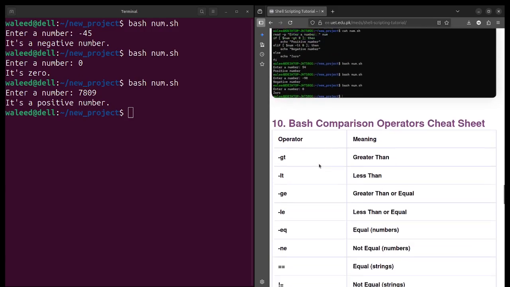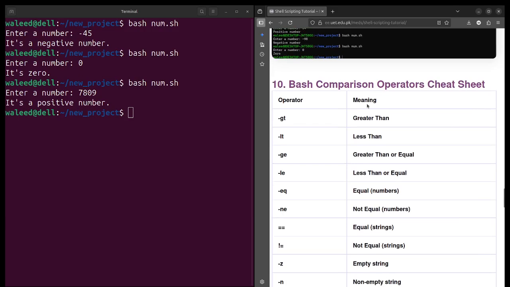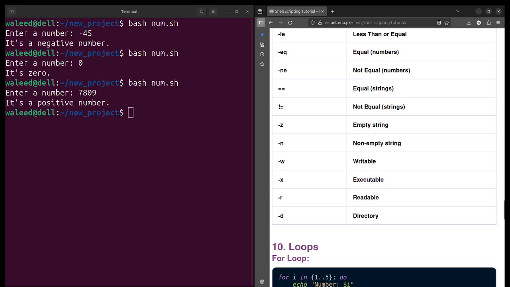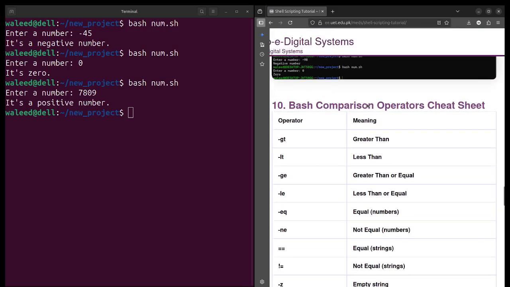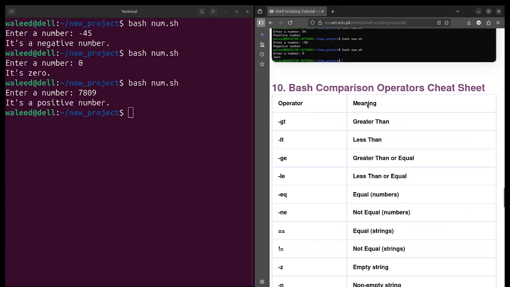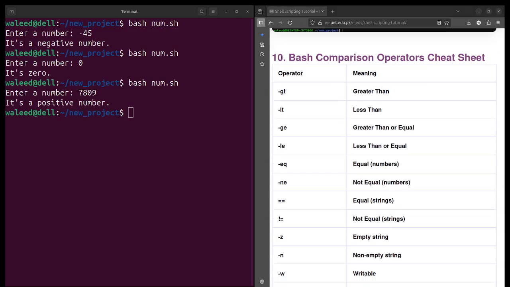Now there are many useful comparison operators in Linux or bash, which I have made a table of. Although there are too many operators, I have mentioned only the ones which you may use most of your time. So it's really useful if you read these operators.